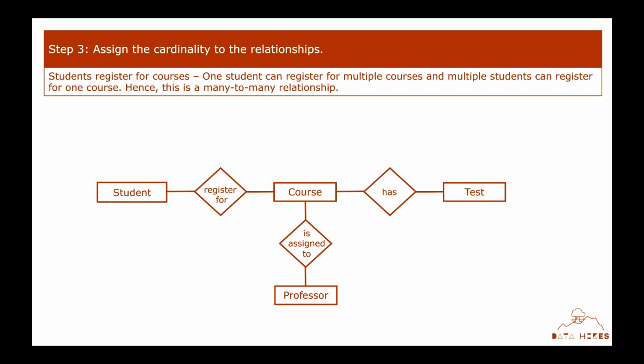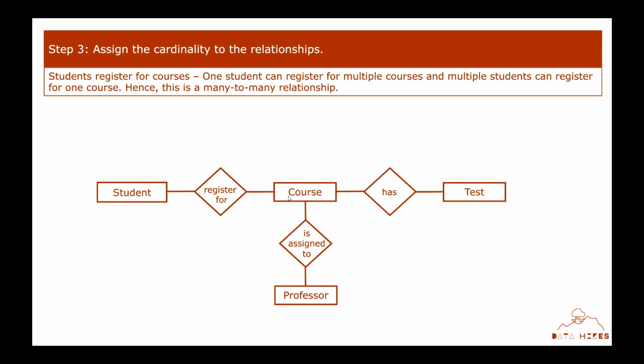Students register for courses. We can say one student can register for multiple courses. Of course, in most cases, a single student can register for multiple courses. I think that's a sensible assumption to make. And if we think about the same thing the other way around as well, multiple students can also register for one